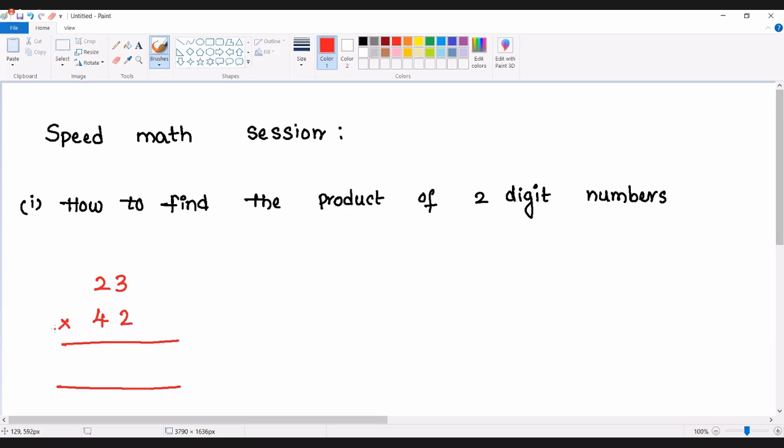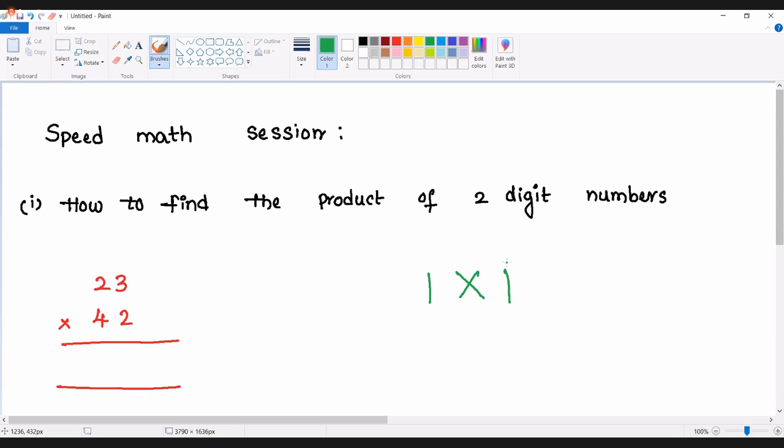When you are trying to find out the product of any 2-digit number with another 2-digit number, you can use a very simple trick. What is the trick? The trick is IXI. Just remember the Vedic math pattern. Vedic math pattern is IXI. What is IXI? And how can we use the IXI method in order to find out the product of a 2-digit number with another 2-digit number? We'll try to understand.